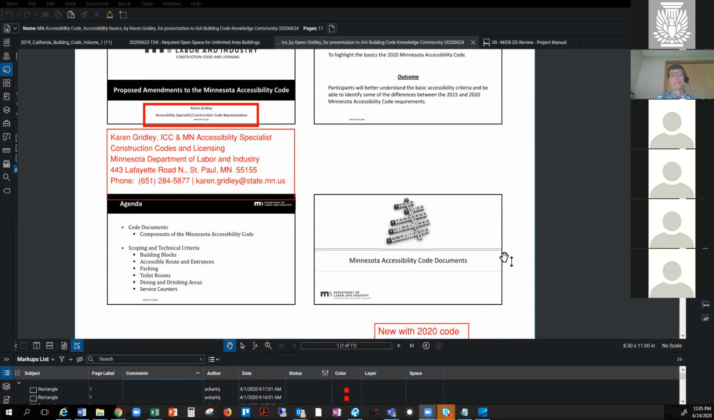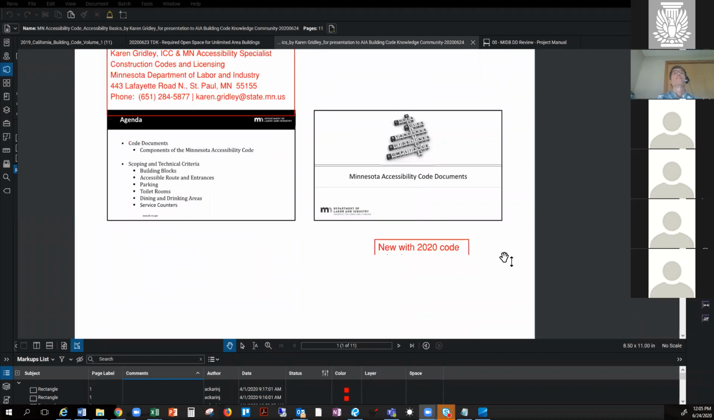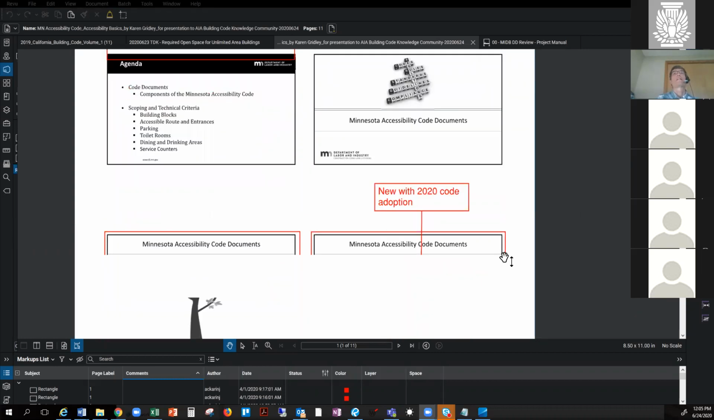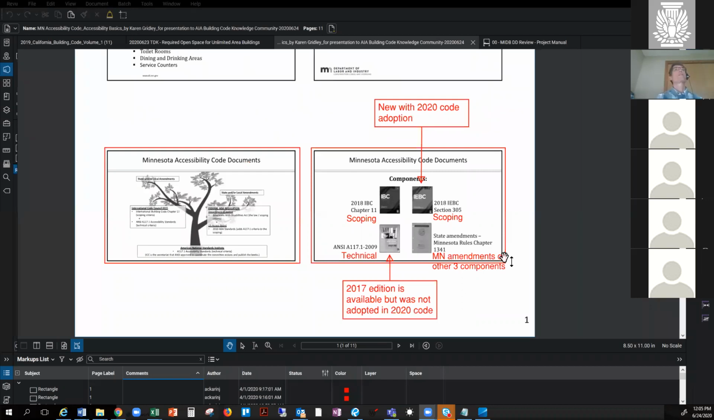So basically the accessibility code and all the provisions that go with it. Just a recap of what Karen had given, and I made some additional notes on how the accessibility code works. You can't read that one part very well to the left, but trust me, it is basically a summary of where all the different parts fit within the tree. What is interesting to note is on the right side, obviously we have the various scoping documents. So you start with